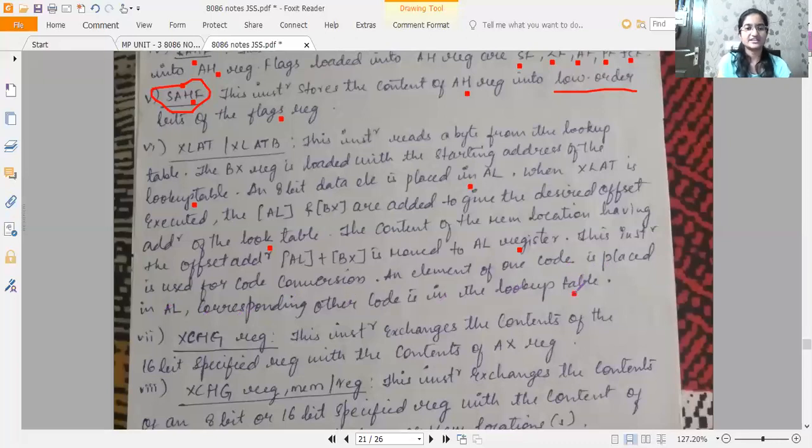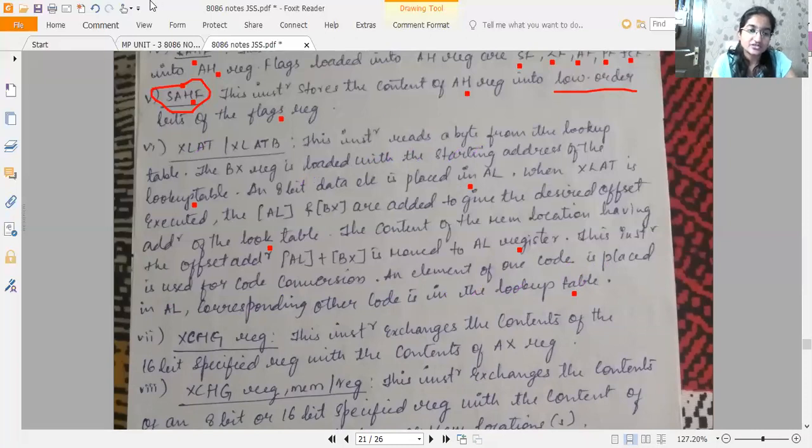So what it basically does is, the BX register is loaded with the starting address of that lookup table. There is a particular lookup table which has a starting address. The first job is that the starting address will be loaded into the BX register. Okay, an 8-bit data element is placed in AL. That can be an input.